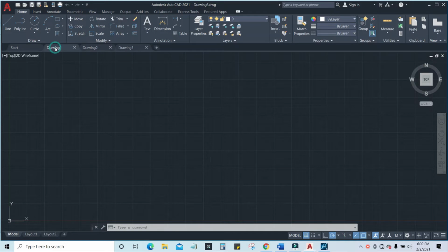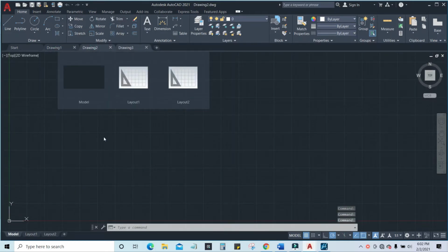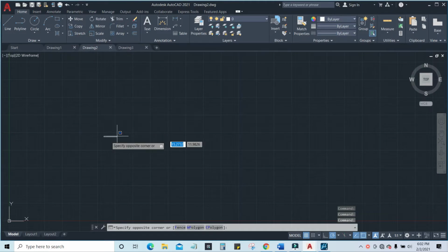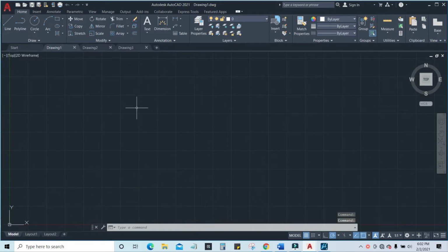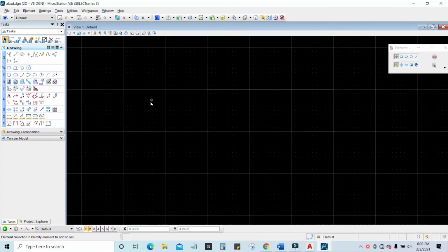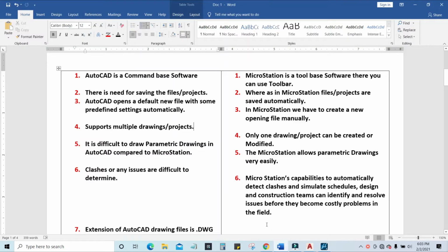You can use drawing1, drawing2 or drawing3 and modify the drawings simultaneously. That means you can work on each file in one work frame only. But in MicroStation we have to use a different workspace to create or modify any drawings. So this is the other difference.